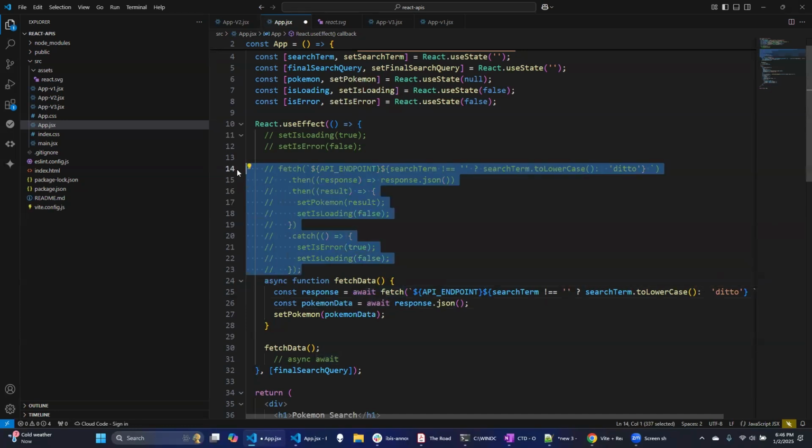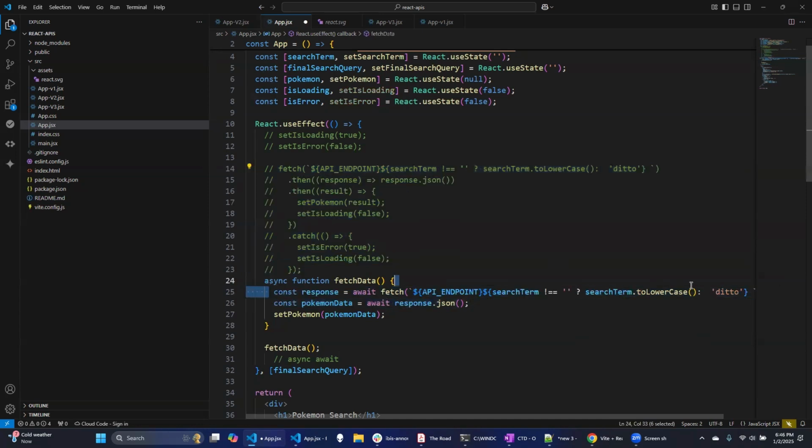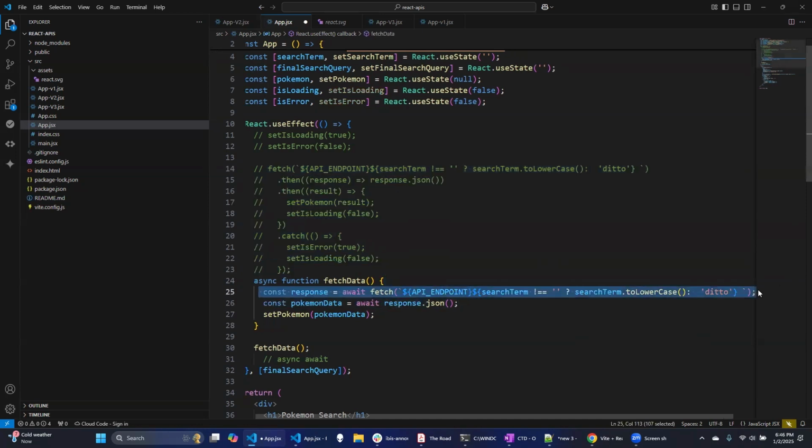And what does this mean? Calling the API is an asynchronous operation. What does asynchronous operation even mean? It's something which happens on its own timeline. It happens when it happens. You cannot control when the API will finish responding with your data. Maybe if you're on Wi-Fi, it will be faster. If you're on your mobile data, or maybe you're in the mountains or woods, it will take time. So it will take its own sweet time to respond. So calling APIs using functions like fetch is always an asynchronous operation, which does not follow a strict